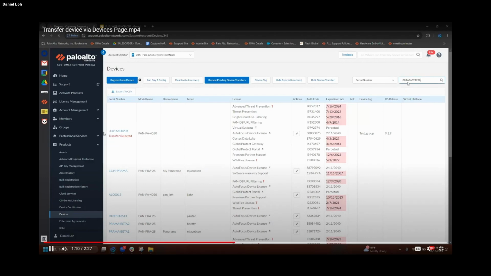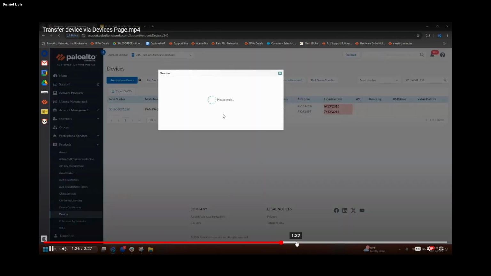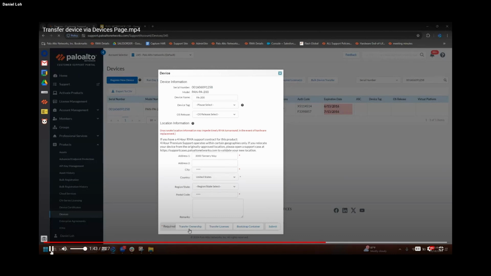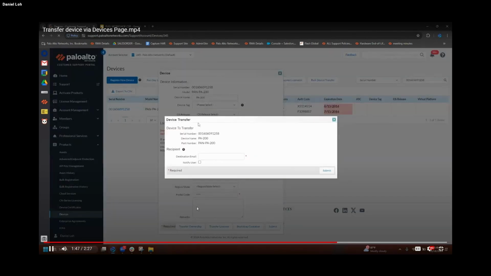Now we are proceeding to transfer this device serial number ending with 1258. So here it is. Click on the serial number, and there will be a new pop-up window. In this pop-up window, click on the Transfer Ownership button at the bottom, and then it brings you to another pop-up. Again, enter the recipient's email address,